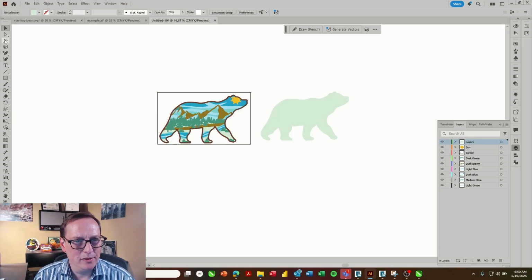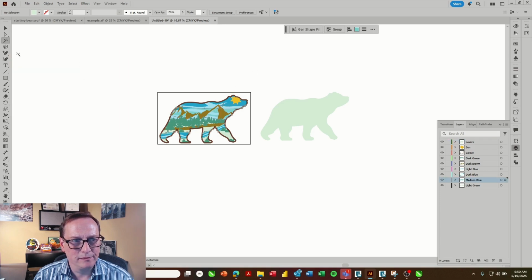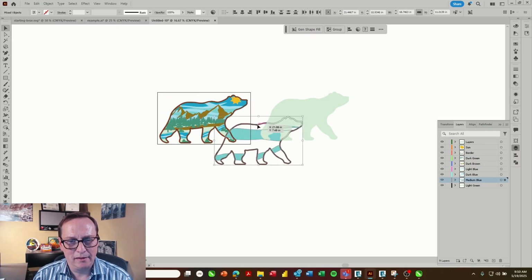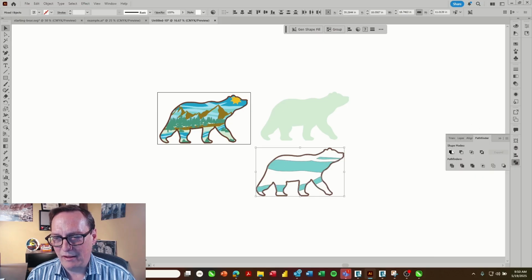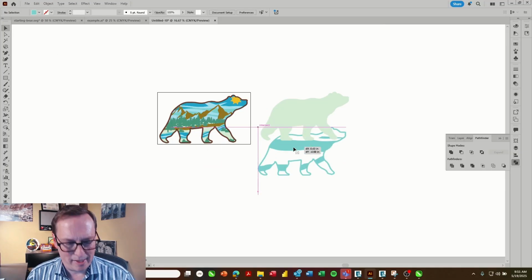Next up is medium blue. So magic wand tool, touch the medium blue, and then also select the border. Copy that and paste it. Now this is really easy because basically what we want to do is we want to cut around these areas so that they stay the same color as we choose. So we'll just go into Pathfinder, Unite, and touch that medium blue, change the color of that. So now if I place that,